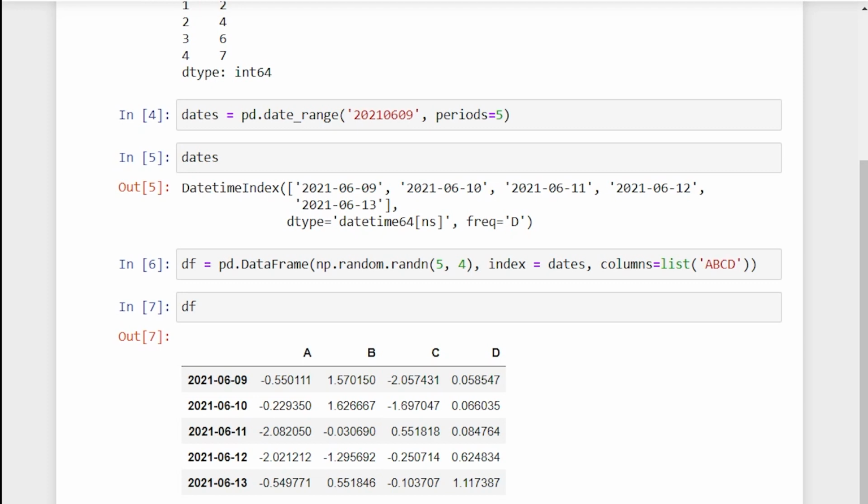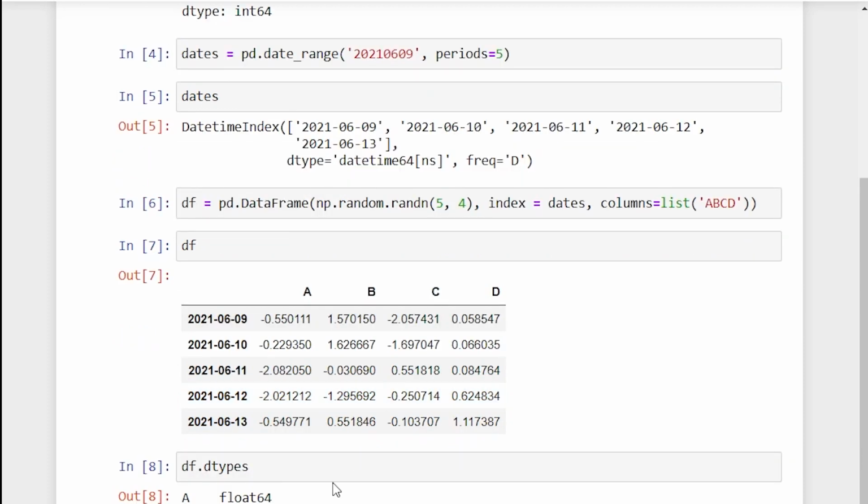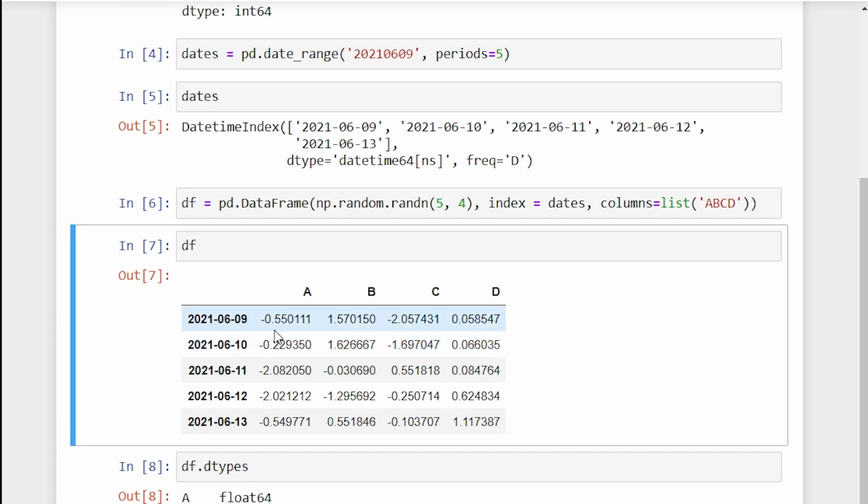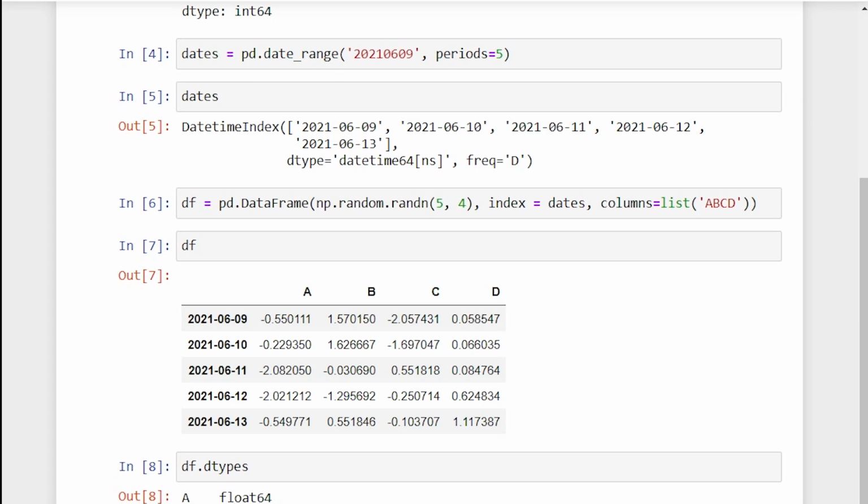These are some of the things that you can perform. I can check their data types, so I'll say df.dtypes, and I get float. Why float? Because all are decimal values, so I get float64. Apart from that, you can try to do a lot of things if you want. There are actually many things you can do to work with pandas. There are no limitations to it.